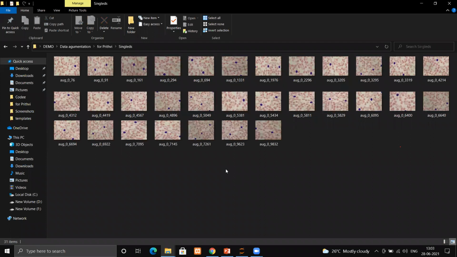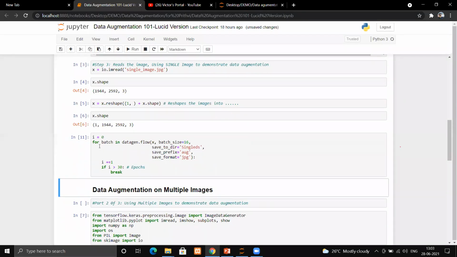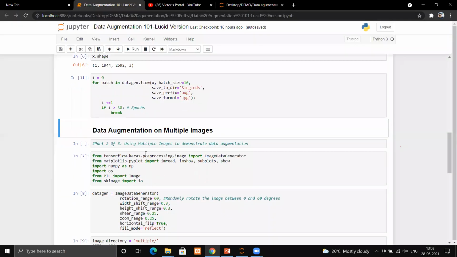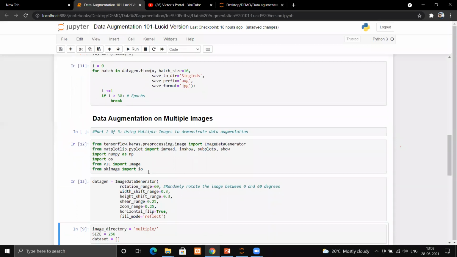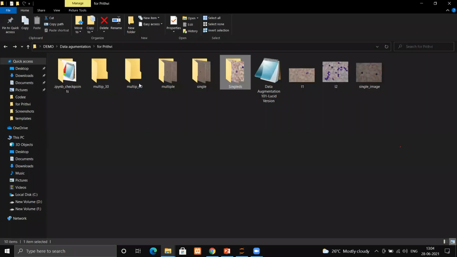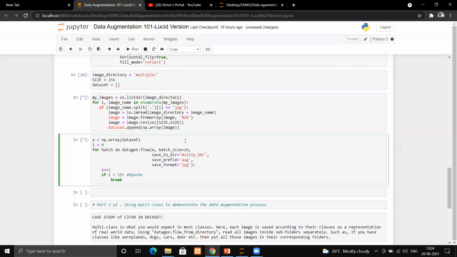As you can see, 31 images are being generated. Since the epochs we have given are from 0 to 30, 31 images have been generated. Now coming to the multiple image, this will run from 0 to 19, almost 20 epochs. 20 into 20, we'll get almost 400 images.